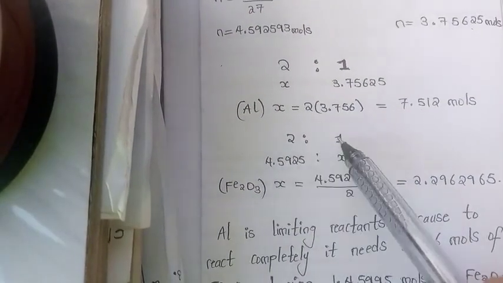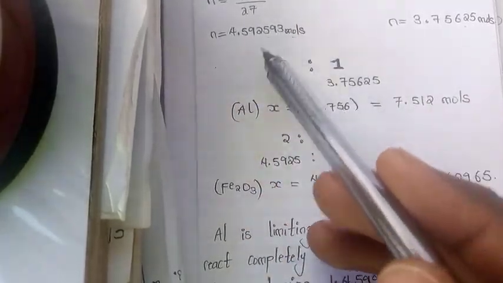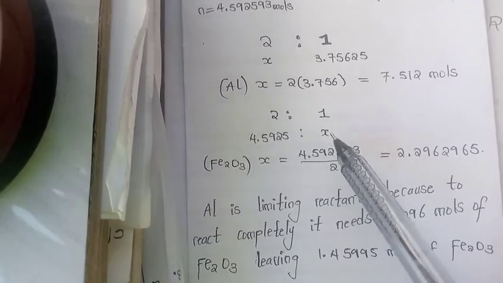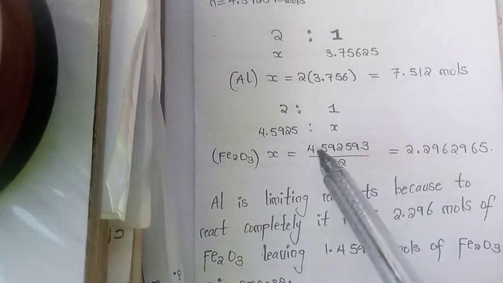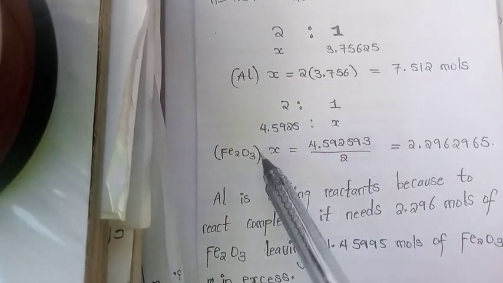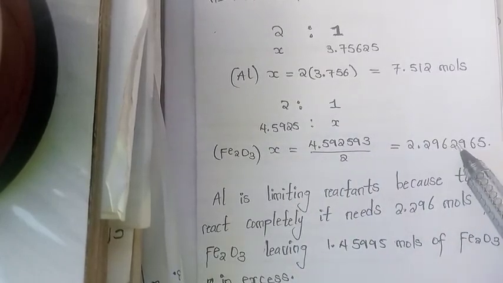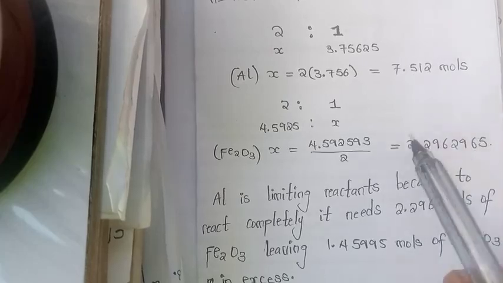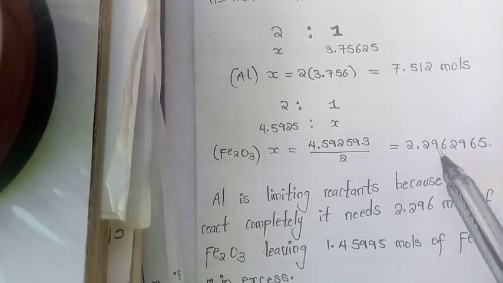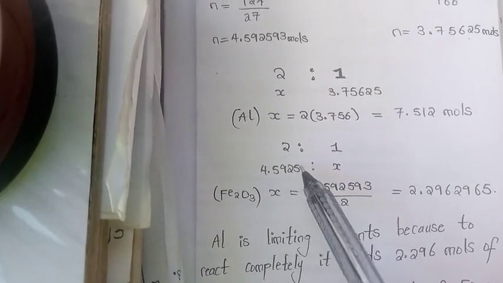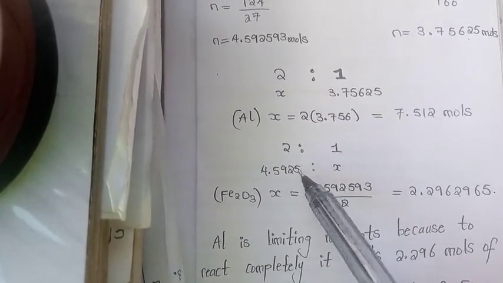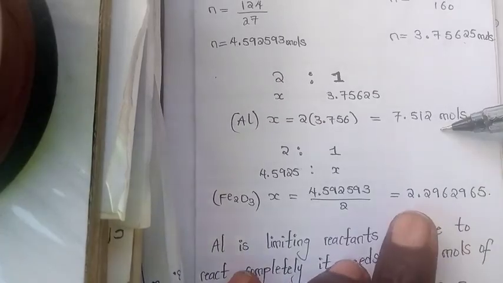Then I go back. I come to 2 to 1. Then I take the moles of aluminium and find the moles of iron oxide. When I calculated the moles of iron oxide, it gave me 2.29629 moles. So these are the numbers of moles of iron oxide that are needed to react with 4.5925 moles of aluminium. So if you compare these numbers now, haven't you seen that